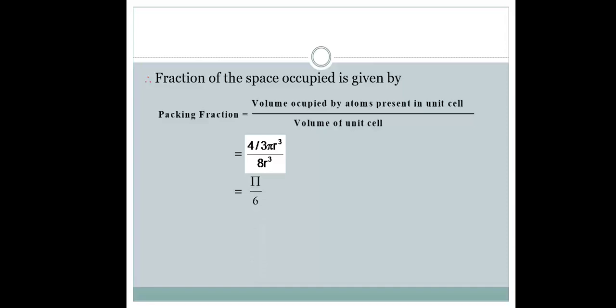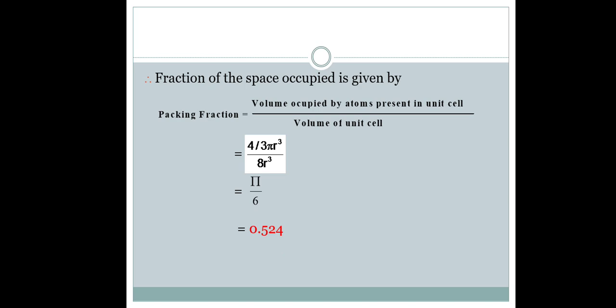Now, why I have written that π/6 is very important is because in your various entrance examinations and even board problems, multiple choice questions usually ask you for the packing fraction, but they don't give you the actual value, they give you the π values. So remembering the π value for the packing fraction will be very important. Remember that it is π/6. If I put the value of π and calculate it, I get 0.524. So the fraction of space occupied in a simple cubic unit cell is 0.524.